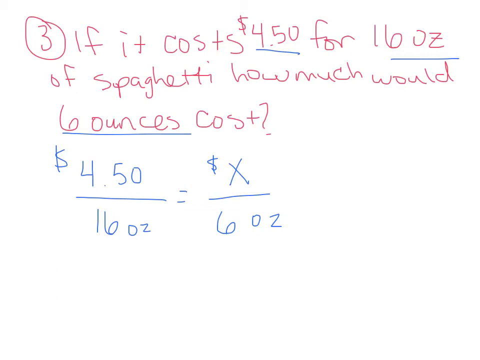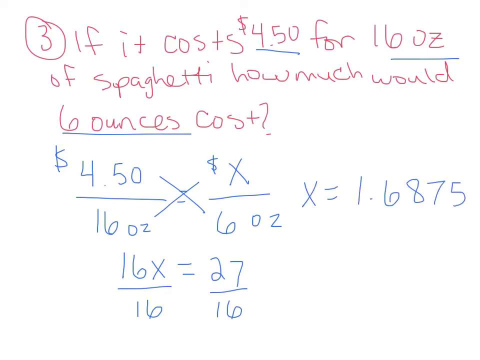Now, like we learned last week, proportions you solve by cross multiplying. So we're going to cross multiply this. So 16 times x is 16x. And then 4.50 times 6 is 27. Okay, and then to get x by itself, we divide both sides by 16. So 27 divided by 16 is